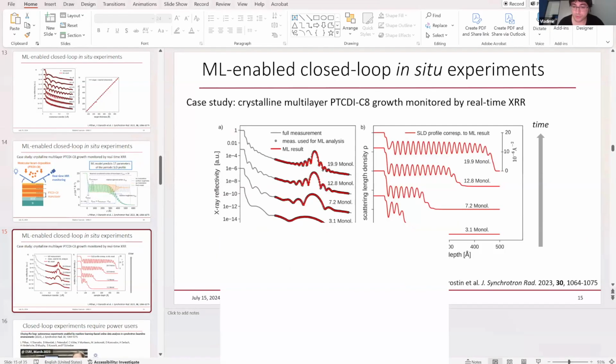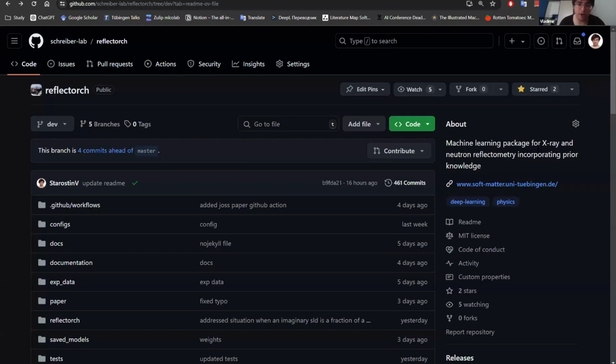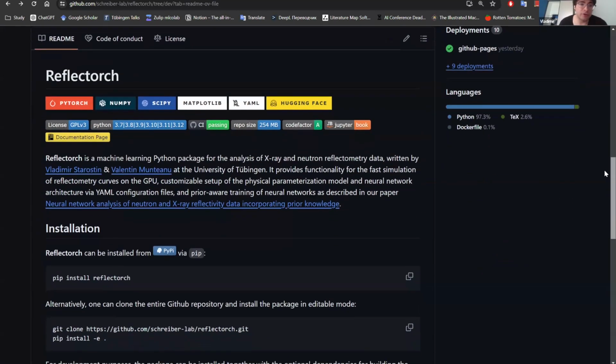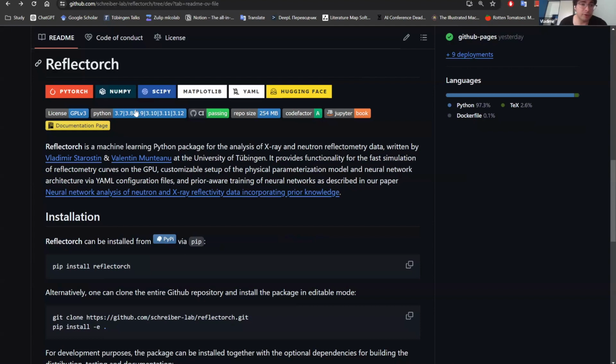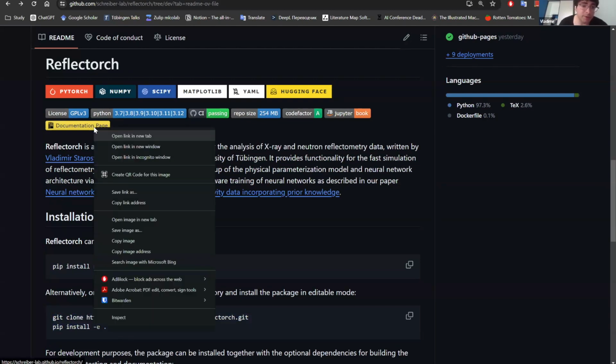Okay, so I will just go directly to GitHub, where I hope you can still see my screen. This package is shared now on GitHub. You can download it, and many thanks to PhD student Valentin Munteanu from University of Tübingen, who put a lot of effort into making it more accessible for people so that you can already check it and try it out. Of course, it is a bit experimental because it's all new algorithms. I recommend you install it from source. There is great documentation here already.